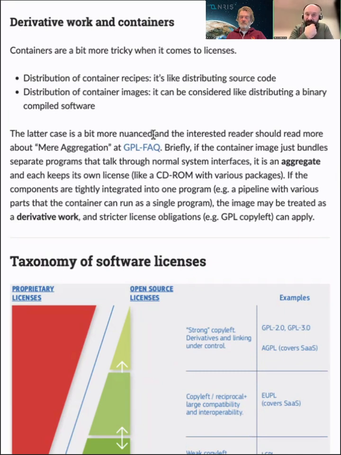But one can also build the container image and then distribute the binary, kind of. And this is another nuanced and tricky thing, because in the end, when you aggregate all these things together, I added the reference there from the GPL. If it's just aggregation, where you collect some libraries and put them together, and someone can look inside the container image and see that different libraries have their different licenses, it's okay.